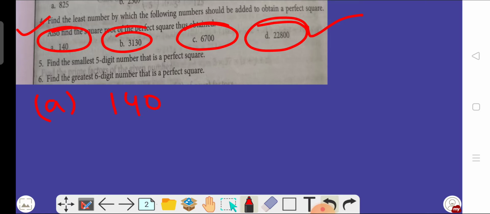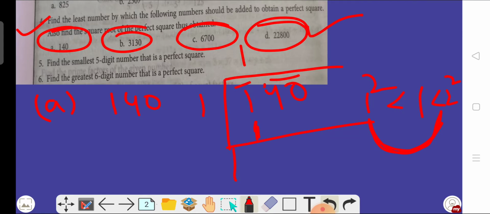For this, let us take one part of question number 4, A part, 140. Now, same here we have to apply the division method. For this, firstly we have to make the pairs starting from the unit place. The first pair is 40 and we are left with one single digit, that is 1. Now what we have to do? Now we have to find a number such that 1 lies between their squares. So 1 and 2 are the numbers such that 1 lies between their squares. And the smallest number between 1 and 2 is clearly 1. So 1 1s are 1.